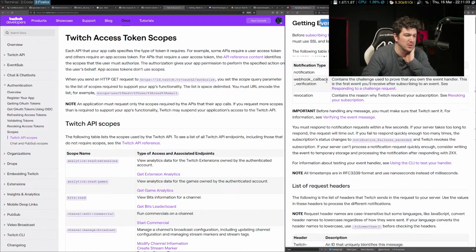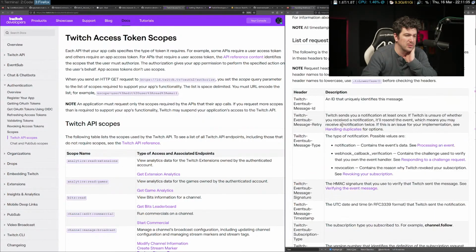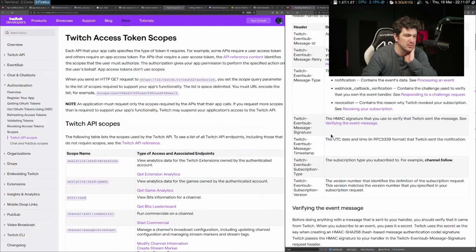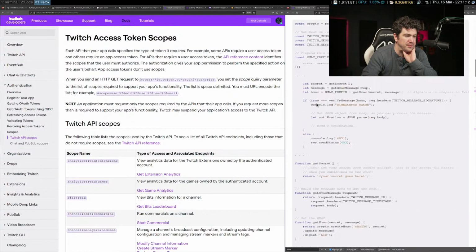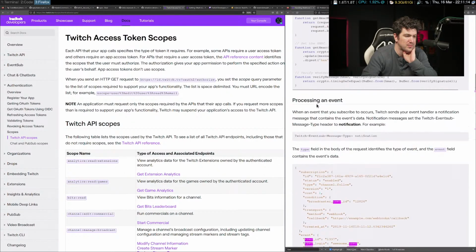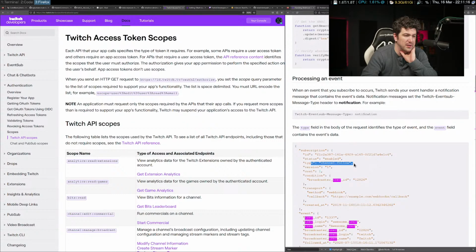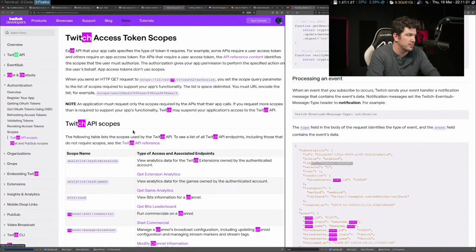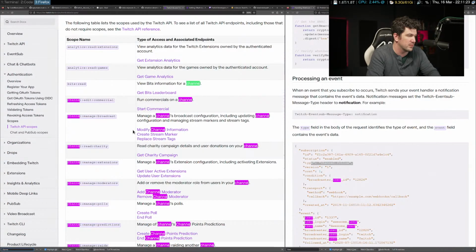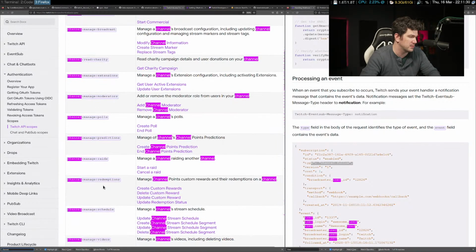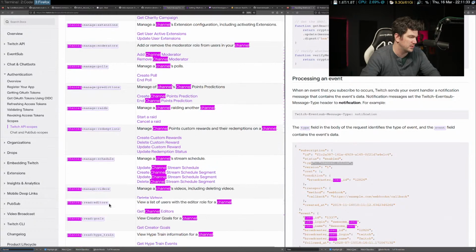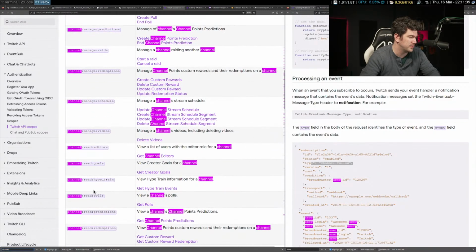This should work. List of header requests. So yeah, this is like a channel follow, but I don't see any of that here. Okay, so channel edit, manage, read, manage extensions, moderators, polls, predictions, raids, redemptions, schedule, manage videos, reads, read,